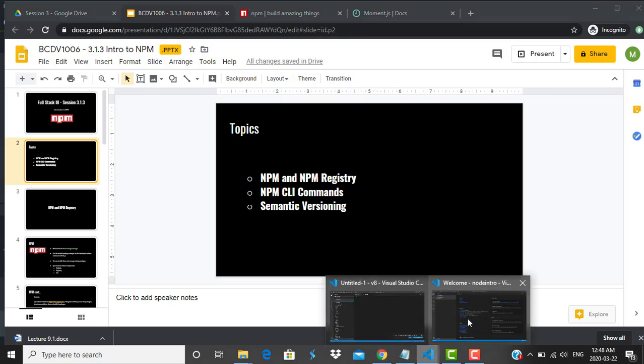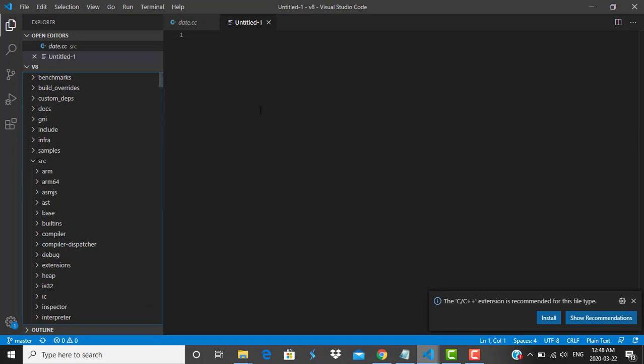some code here. So when we're talking about the V8 engine, if you were to actually take the time to download the V8 engine, which is open source, you can go ahead and do that. Now this is going back a couple lectures, but we talked about the V8 engine and what it does, how it's Chrome's JavaScript compiler, and how basically it's written all in C++, right? It's not all written in JavaScript, just like Node.js